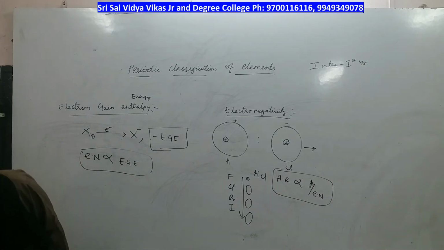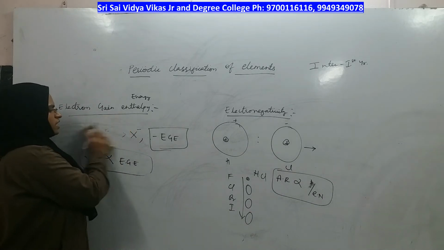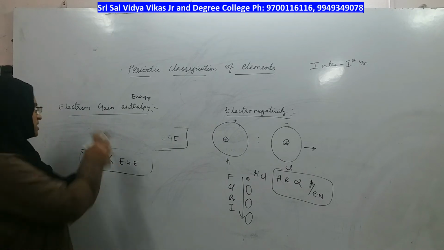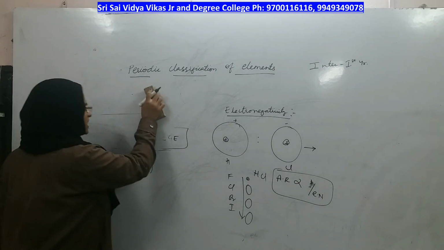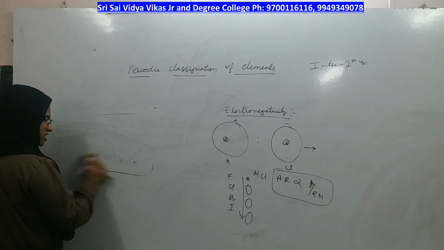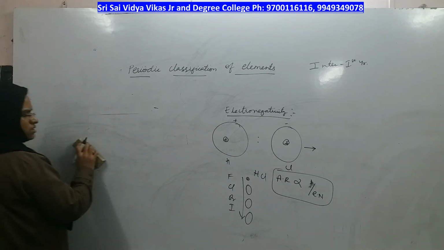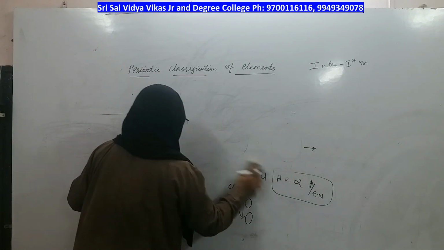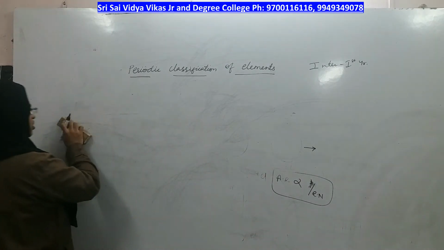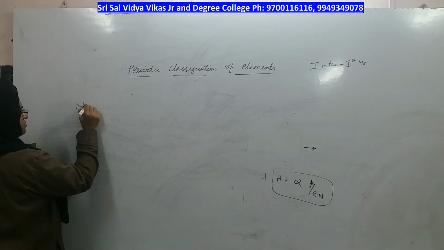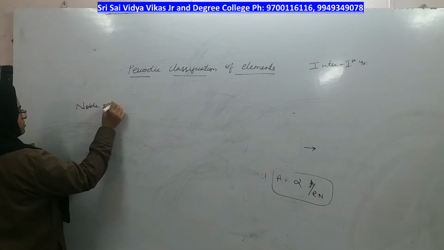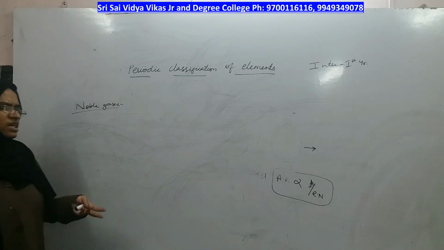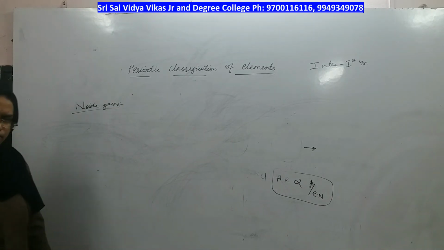Now, all the periodic properties are over. What is left are the special properties of some groups of elements: noble gases, transition elements, and F block elements. Let us look at the special properties of noble gases. Where are noble gases present? They are present on the extreme right side of the periodic table.